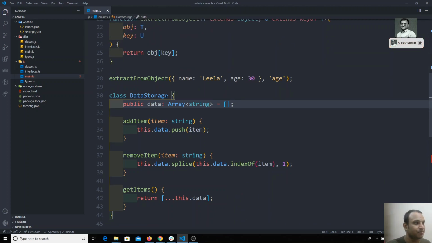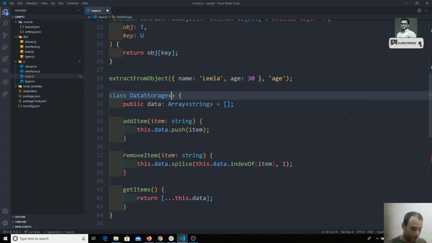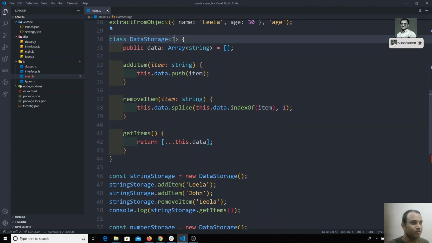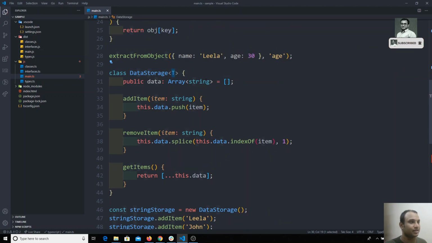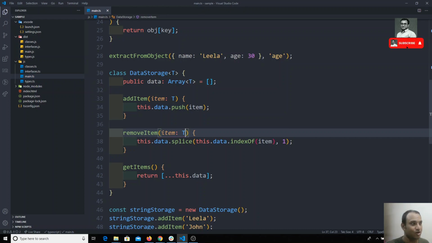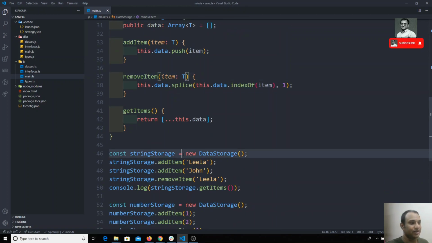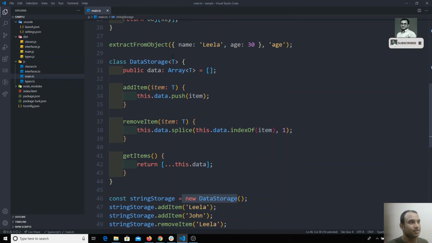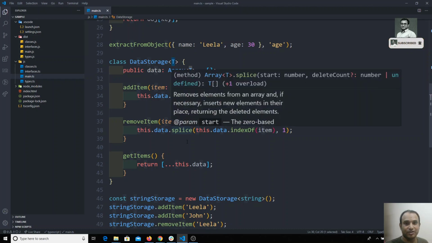Okay, so I can tell something like, before creating an instance of this class, tell me which type of data you are trying to store, so that I can make everything accept that type of data only. So now when creating the instance, tell me what type of data you are going to store before storing anything. That one we call a generic. Now I am telling here I want to store string type of data, so automatically T will become string, and everything I have declared here will become string.